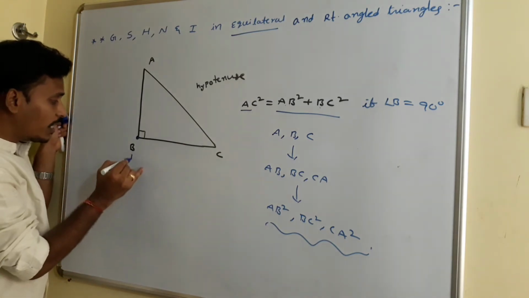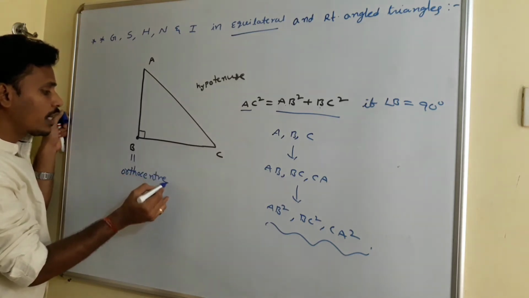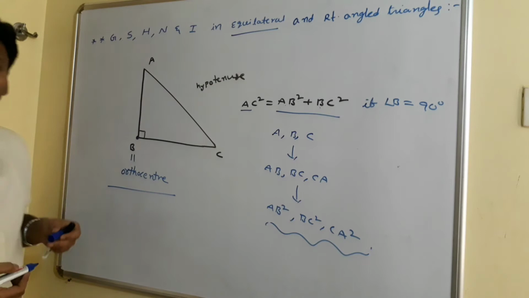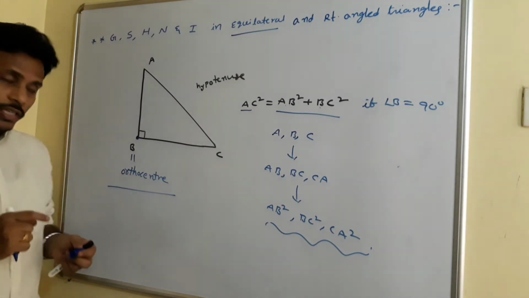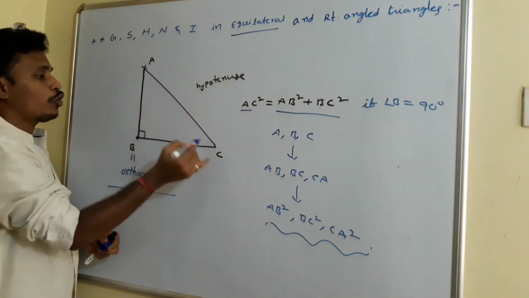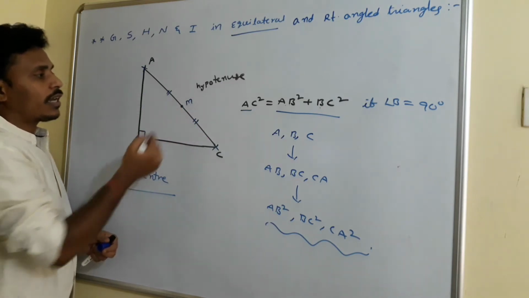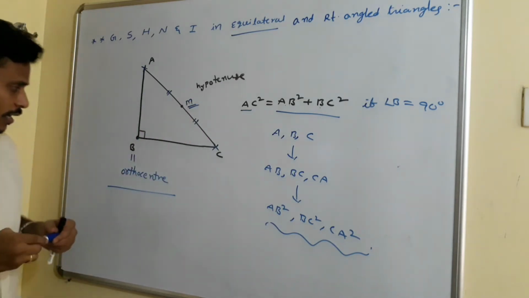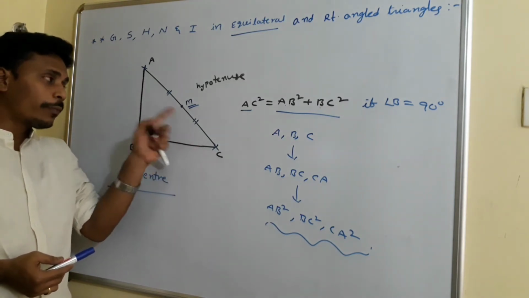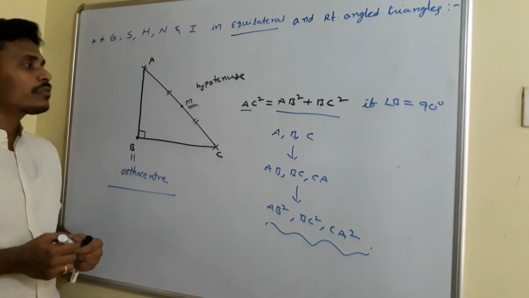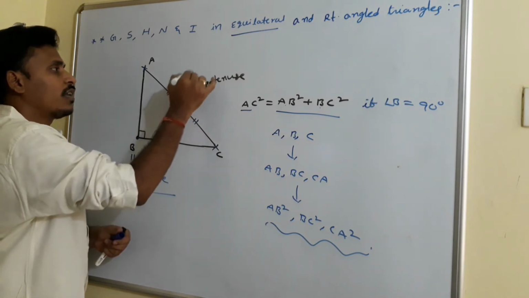And the right angled vertex B for a right angled triangle is just the orthocenter of the triangle, right? So the orthocenter of a right angle triangle is nothing but the right angled vertex itself. Whereas if you look at the hypotenuse AC, the midpoint of the hypotenuse is just the circumcenter of the triangle. Is it clear? See, the orthocenter is the right angled vertex, and the midpoint of AC, the midpoint of the hypotenuse, is the circumcenter of the triangle. Right? See, this is the midpoint. You may represent it as S, and this is the circumcenter.